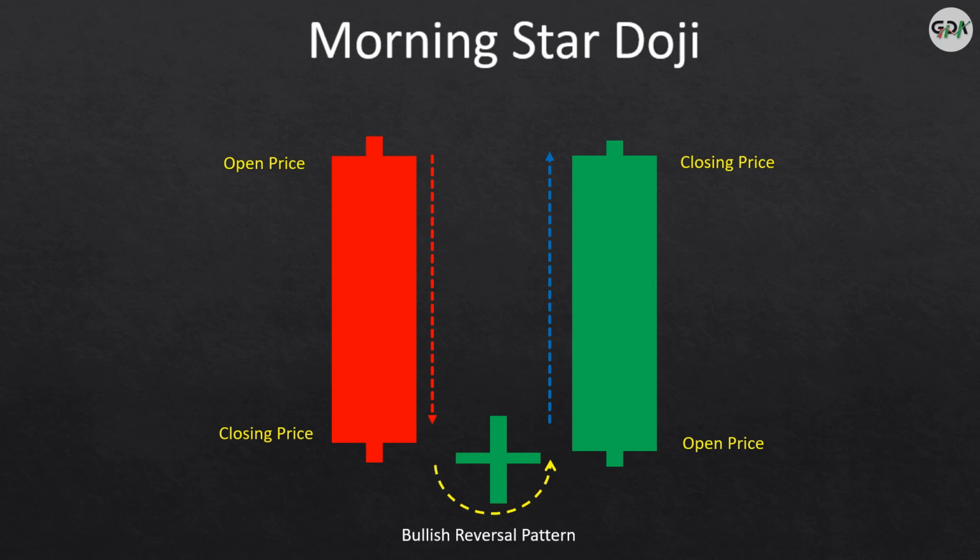Coming to the psychology of Morningstar, it reveals who is in control, buyers or sellers. First candle consisting of red real body continuing the trend in the downward direction. Second candle ideally gaps down at the open and the candle will have a small body either red or green. Second candle looks like a star, referred to in the name of Morningstar.